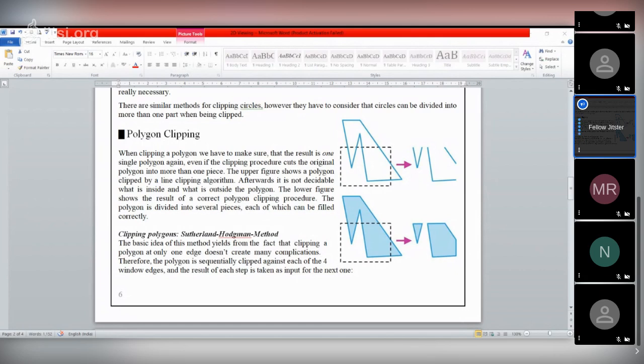Therefore, this is not a polygon. This should be like that. So the line clipping algorithm is not applicable for the polygon clipping algorithm.